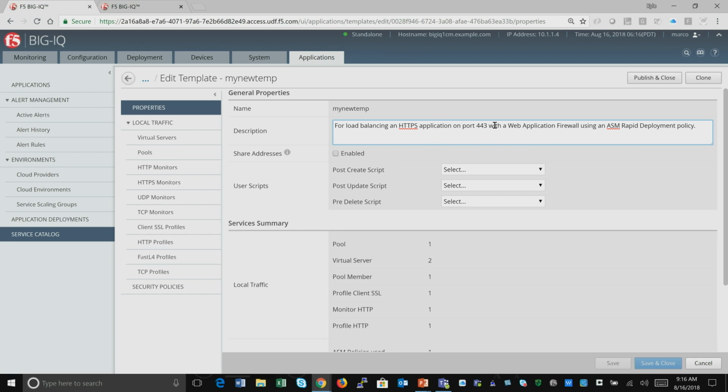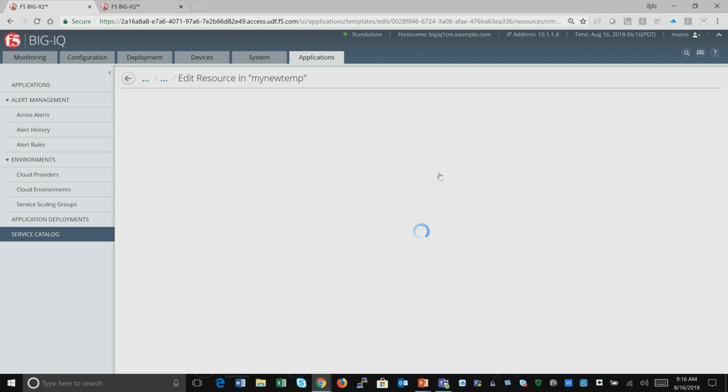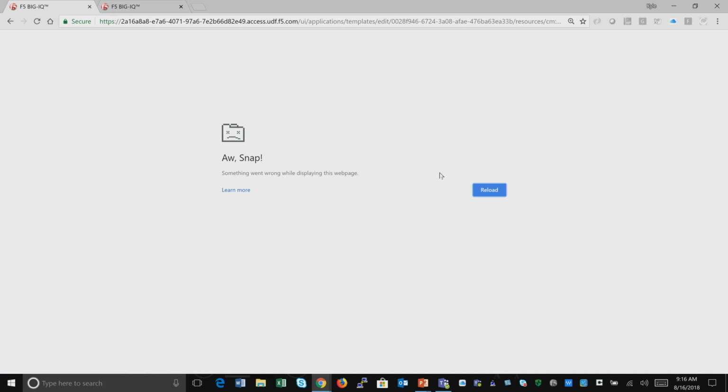So you can update now all of those things that were grayed out and I couldn't change in the default template, I can change here. So now I can select from the different scripts that are available on my box. I can drill into any of the object types here and change any of the particular